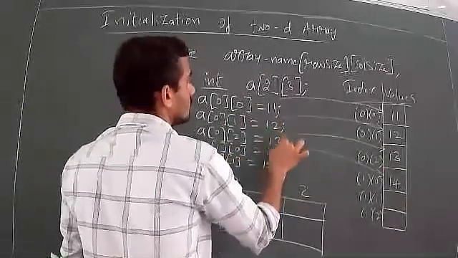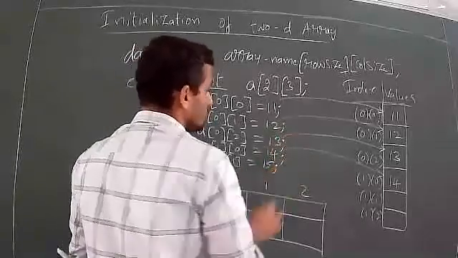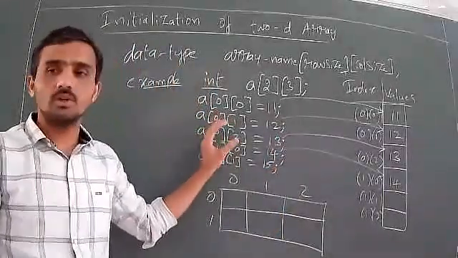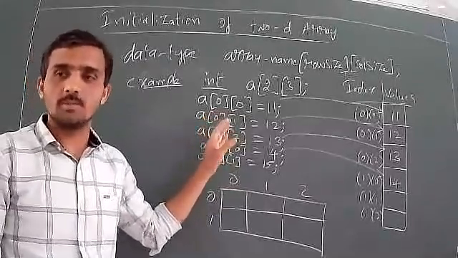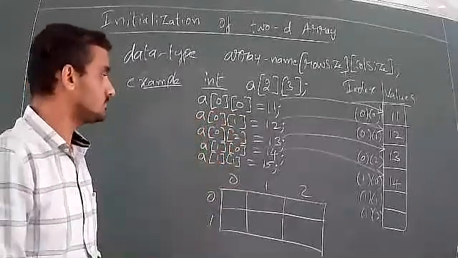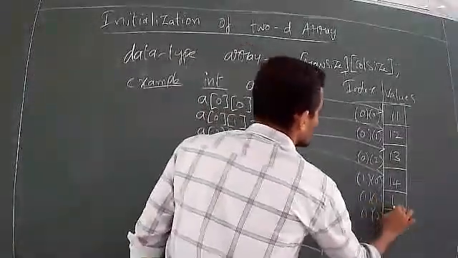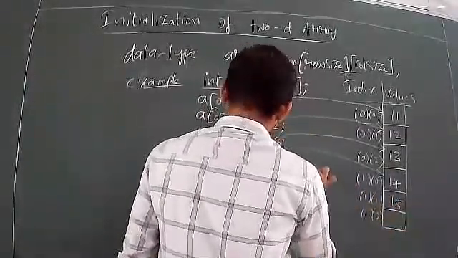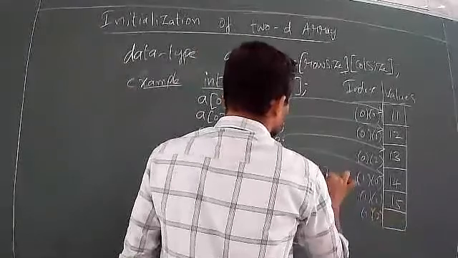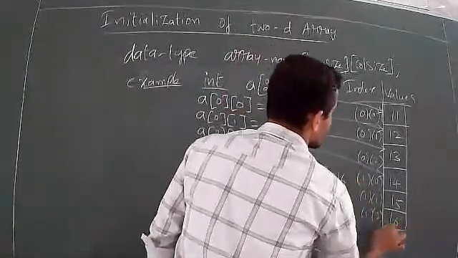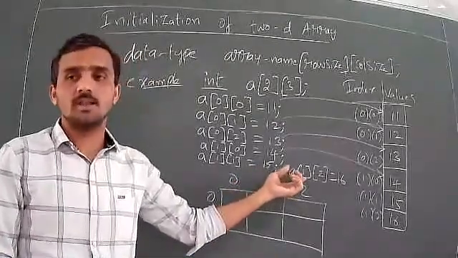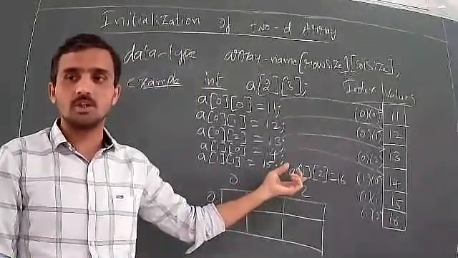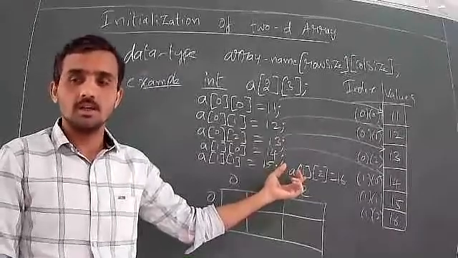Okay, so don't forget to put the semicolon because I said this is at the coding level. So when you write the steps at the coding level, you should not make any mistakes, either grammar mistakes or logical mistakes. Last one, so this will store 15. So A of 1, 2 is equal to 16. See, when you write the code, after the semicolon you can continue on the same line. Semicolon indicates the end of the statement, not the end of the line.